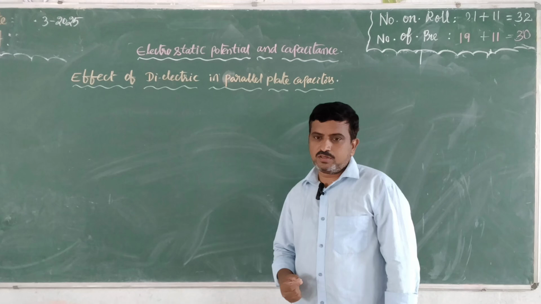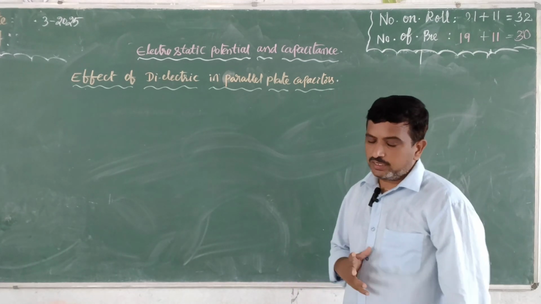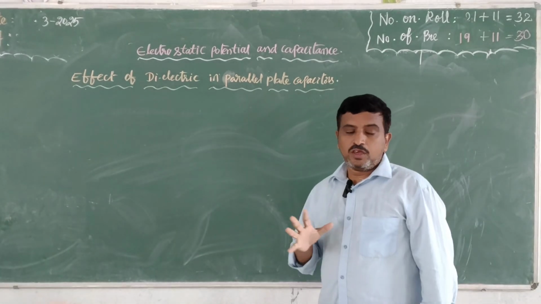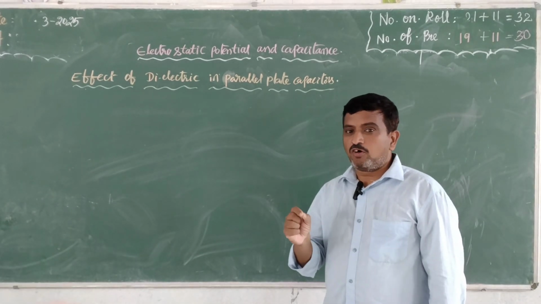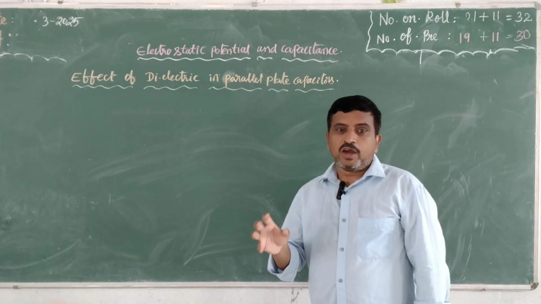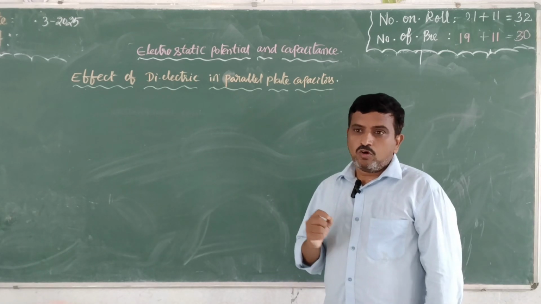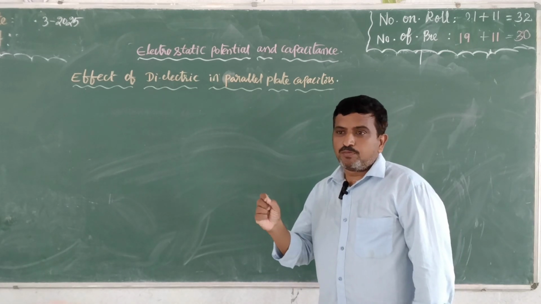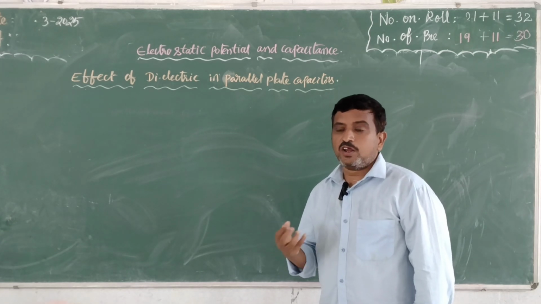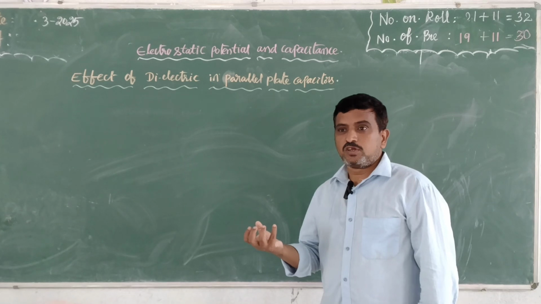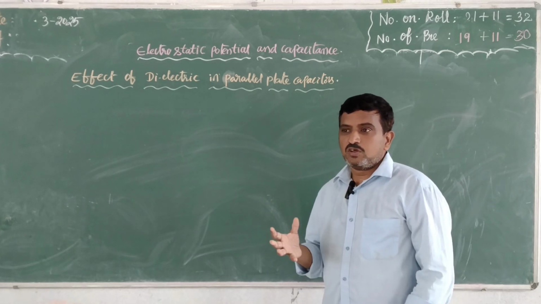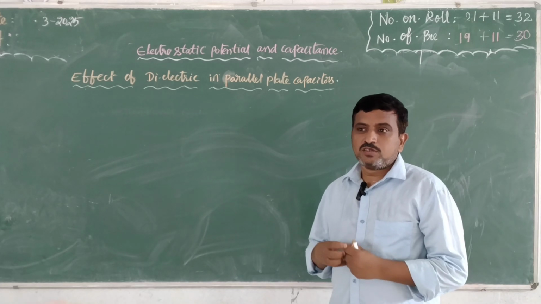Today we discuss electrostatic potential and capacitance, second lesson, 12th standard. In this one we discuss the effect of a dielectric when placed in a parallel plate capacitor. What is the effect? How does the electric field change, how does the potential change, how does capacitance change, and what are the advantages? That we discuss